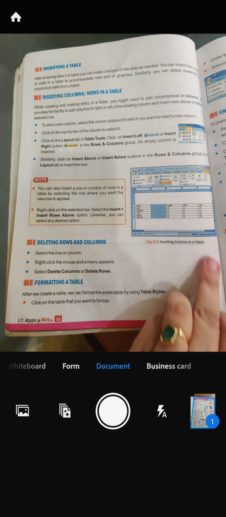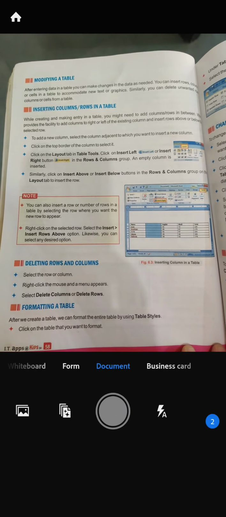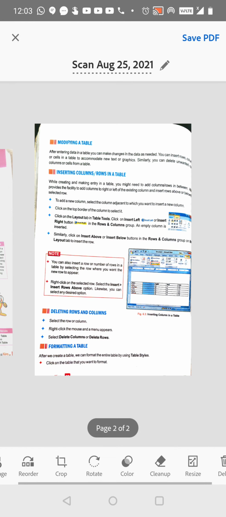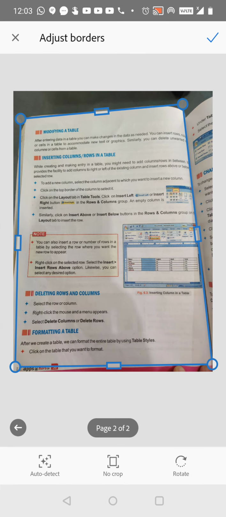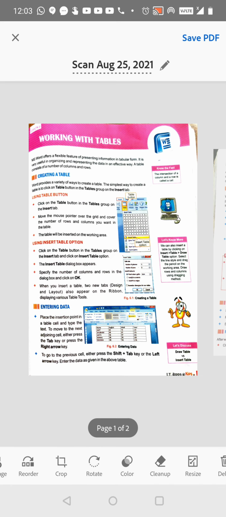Click the image of the next page like this. Done. Now what we have to see is whether any cropping or adjustment is required. So I'll click on crop. Now you can see it has properly taken the margins, so there is no need of any cropping or adjustment. If you need it, you can do it from here. Once it is done, click on the tick. Now let's check the second page also. This is also very clear, so no need of any cropping here too. So in case you get the background, your table or the bed sheet, you can crop it from the crop option which is given down.